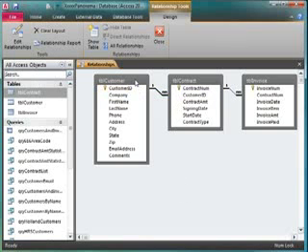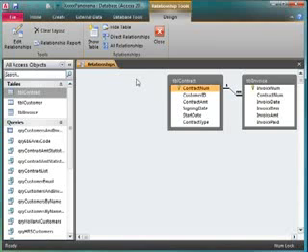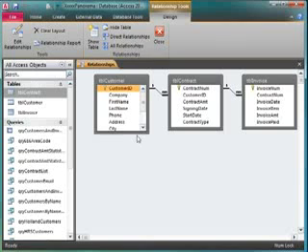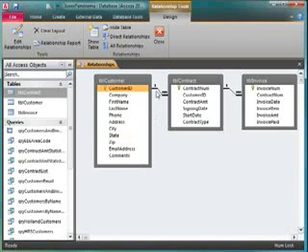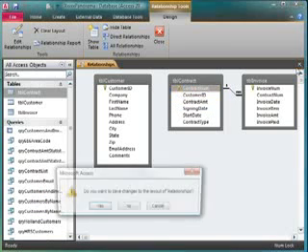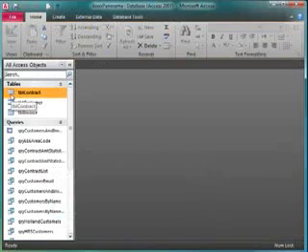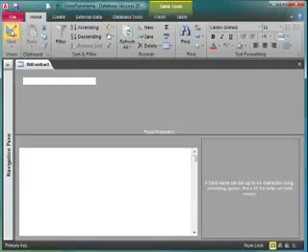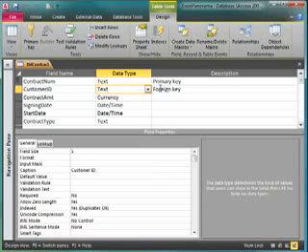One of the mistakes that folks make here is that instead of deleting the relationship, they click on the table and they press Delete. That doesn't delete the relationship, it just simply hides the table. So if I come up and click on All Relationships, it's going to bring that table back. So I need to right click on the line between the two tables and delete the relationship. Save it and go back into my contract table, open it in Design View, go into the Customer ID field,